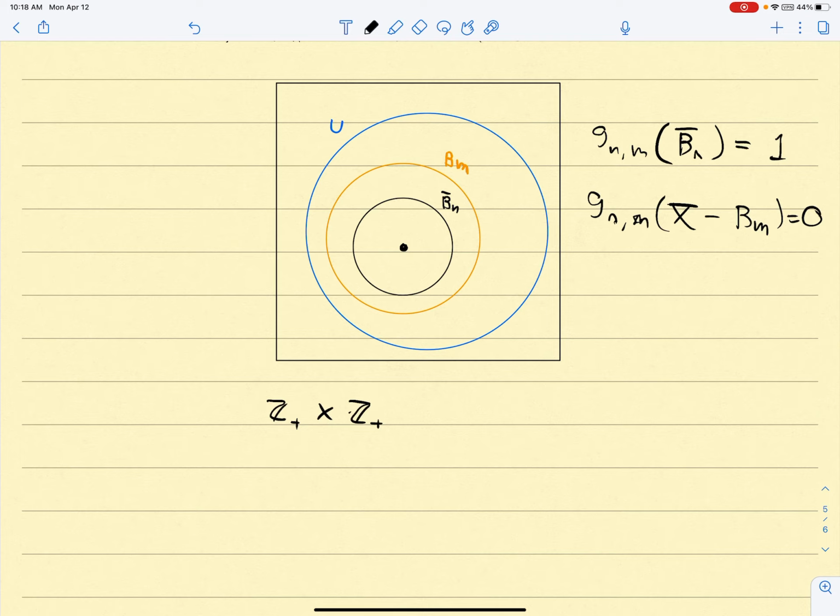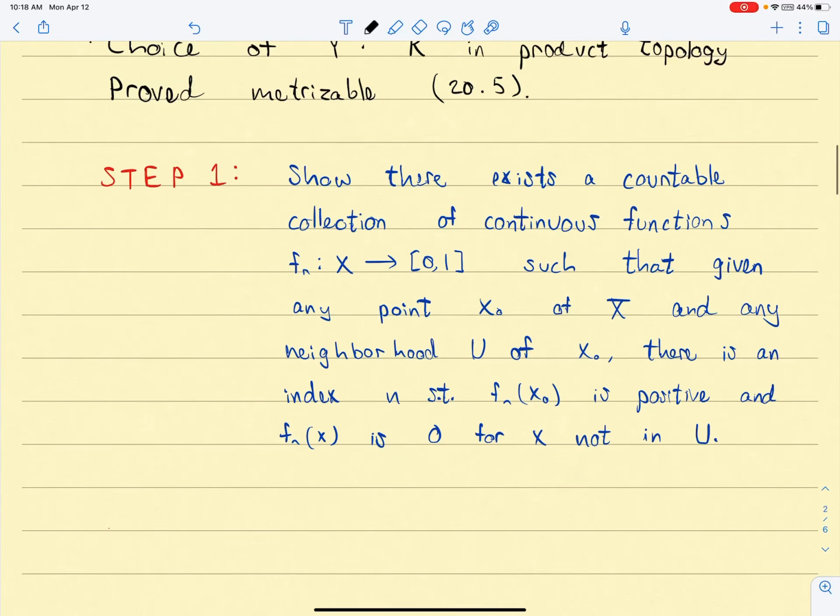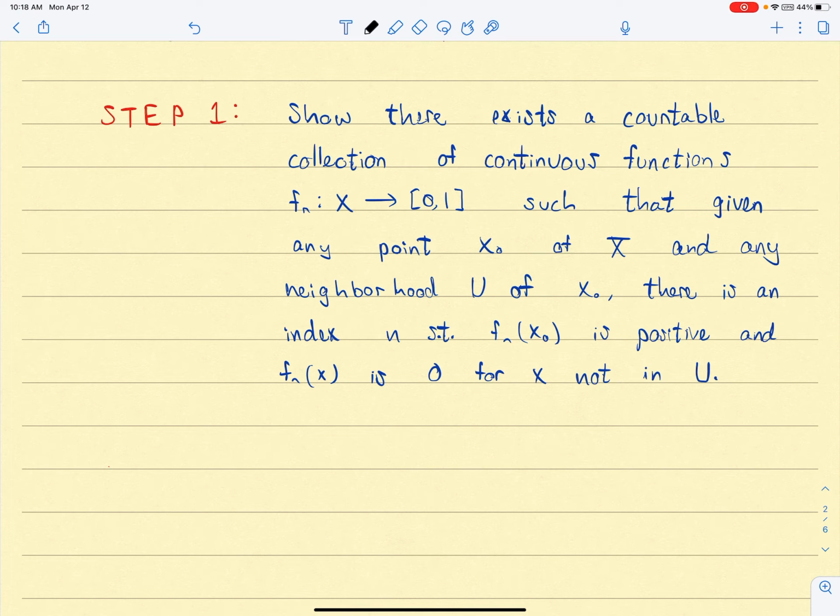Therefore, this whole collection is countable. And that is step one of this proof, that we have a countable collection of continuous functions